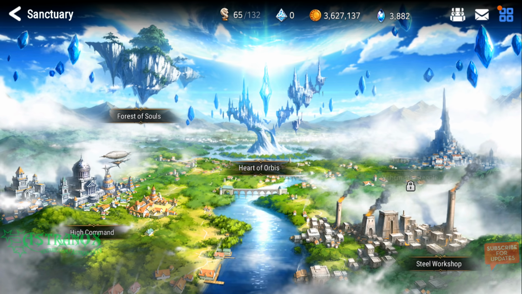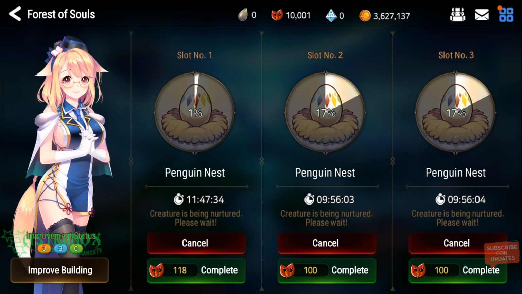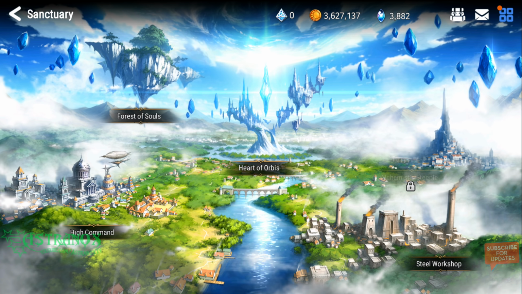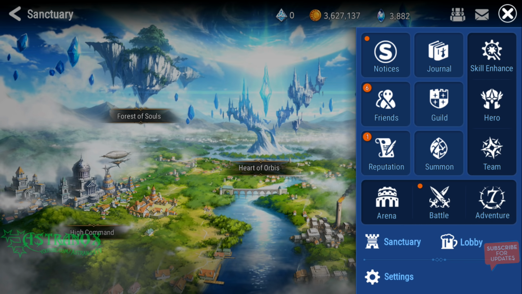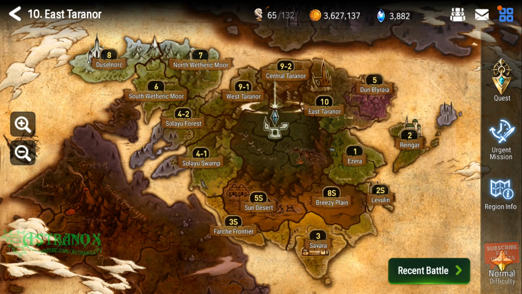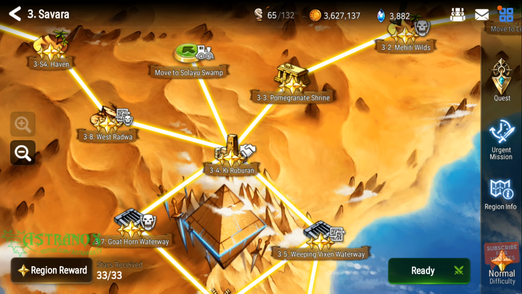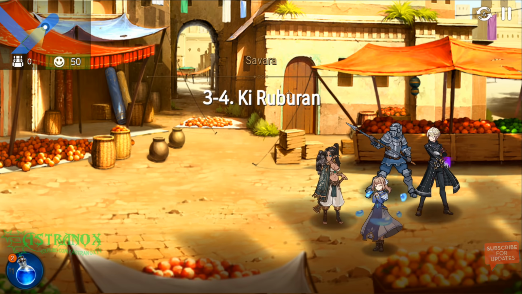All right, so you do it that way, and then in Forest of Soul you could do the probability blessing after you have saved up your stigma, and then you could go crazy, create instant penguins, and sell them for gold. I would only do this in emergency, or keep like, let's say like me, 10,000 stigma, just in case you get something in the secret shop that you really want. But not only that, in the labyrinth, you've got your vagrant merchant you can check every day, and in adventures in normal difficulty, you can go in Savara, and you go in 3-4 Key Ruburan, and like these two merchants, maybe there's something you want out of these merchants, and you need the gold ASAP. You don't have the gold,